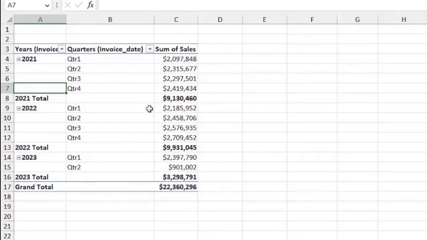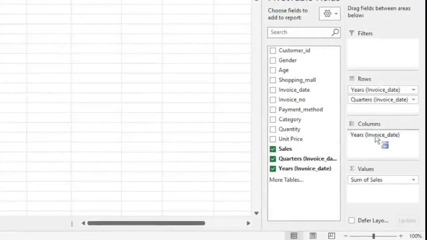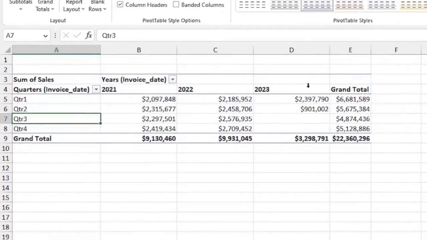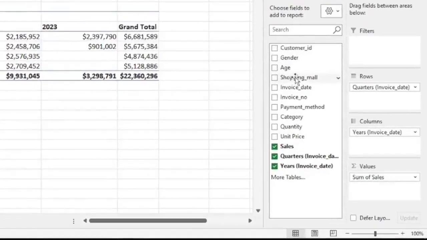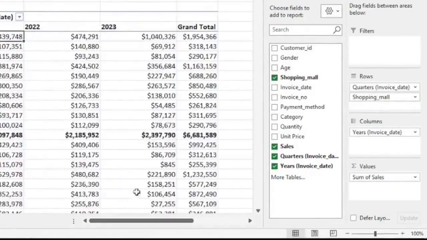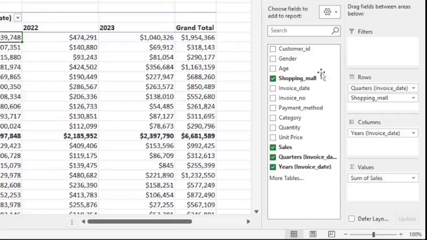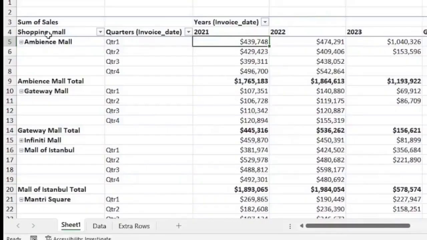I can also change the layout of the report by, for instance, bringing years to columns section. So you can see now that here you can view the years in the column section and quarters as rows this side. Again, if I want to view according to shopping malls, I can bring the shopping mall field and bring it in rows here. And you can manipulate your report by simply clicking and dragging the fields. For instance, here if I drag the shopping mall and bring it up, you can see that it has now